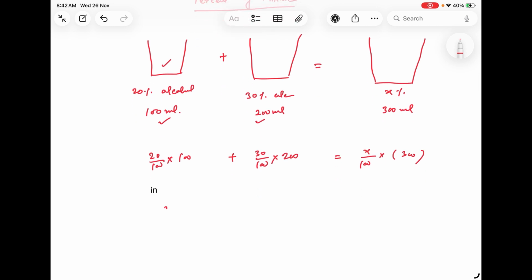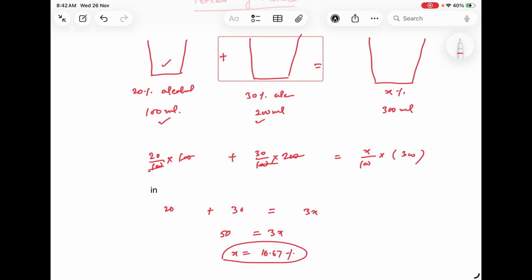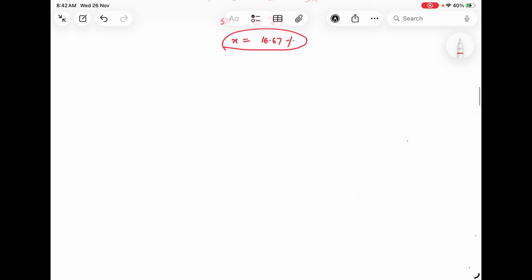See, so simple it is. We can simply cancel 100 and 100. This 100 and 100 we get 30 is equal to 3x. So 50 equal to 3x. It means x equals to 50 by 3, that is 16.67%. So from here we can simply develop a formula that x percent of A plus y percent of B